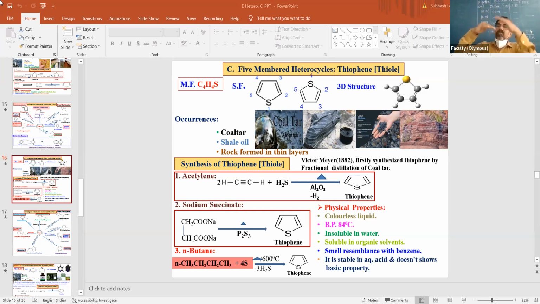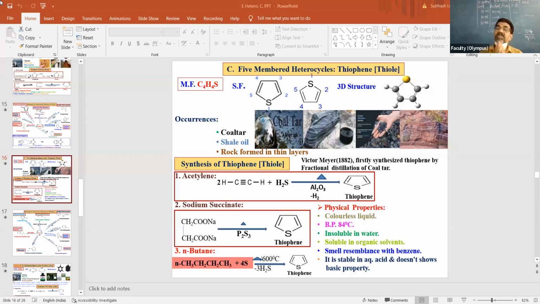The Liebig condenser we have already seen in lab number 5. So there is a distillation assembly, where the Liebig condenser's inner surface has clamps like this, or glass. These are called fractions 1, 2, 3. They will have different temperatures, and on the outer side we can maintain water circulation to cool it, and then we can carry out the distillation. This is a simple theoretical diagram I have explained, which we have already seen in lab number 5, or which can be found in any chemistry books or laboratory journals available in the market. That is called fractional distillation.